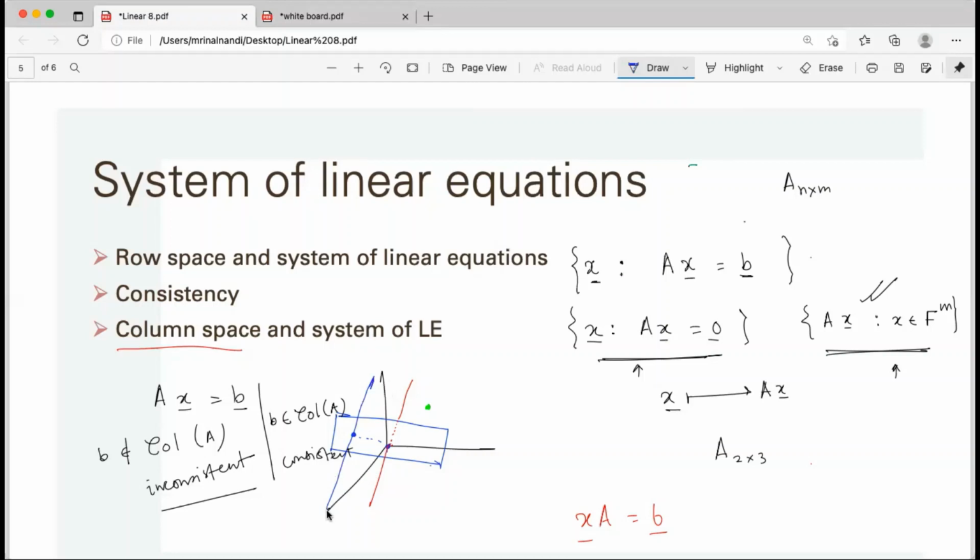That means it's a flat. So this solution space is a flat. You know, in three-dimensional geometry, all the planes and the intersections of two planes are flats actually, a plane or a line. The solution space is like a flat when it comes from the non-homogeneous system. When it comes from the homogeneous system, it is not only a flat, it is a subspace also.